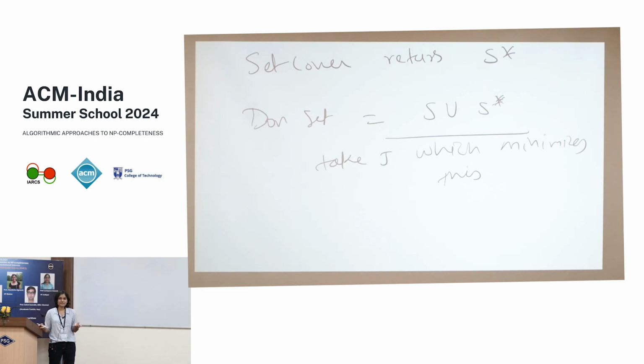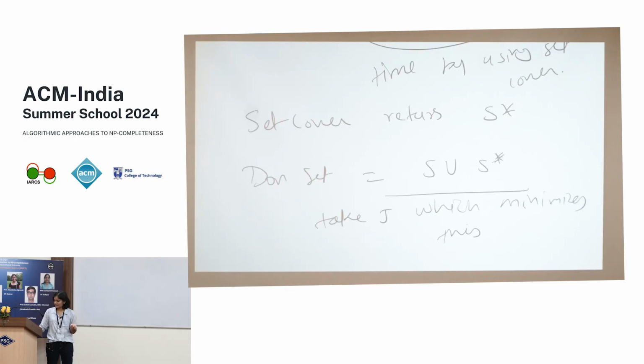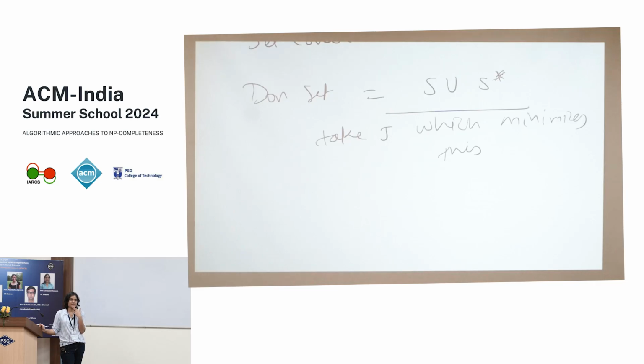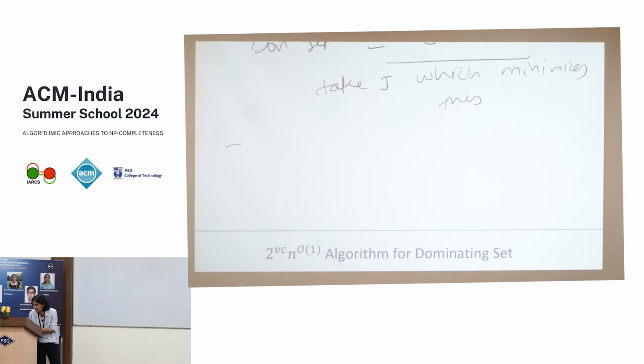Now the running time computation. This takes 2 power x star, but what is the total running time in your opinion? So we go over all the vertex cover subsets, that are 2 power vertex cover. Then we apply 2 power vertex cover again to solve the reduced instance, right? So is it 4 power vertex cover, or can we do a better analysis? What about if I write it this way? So running time will be summation of